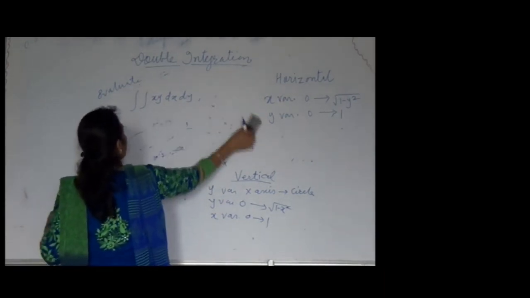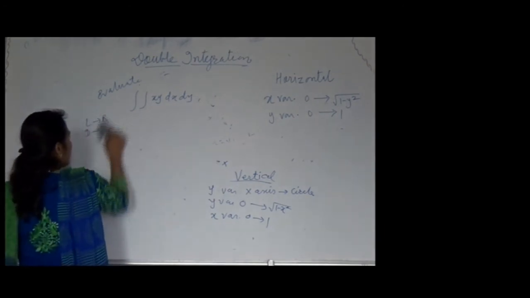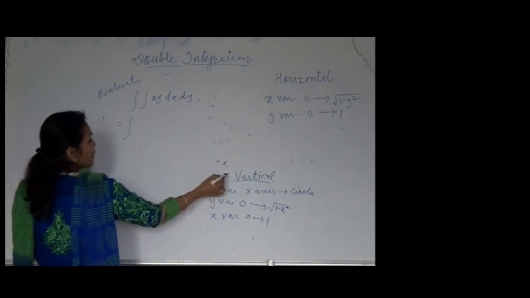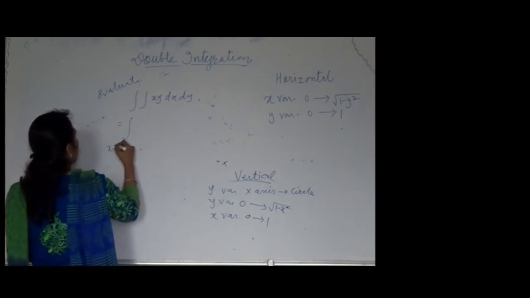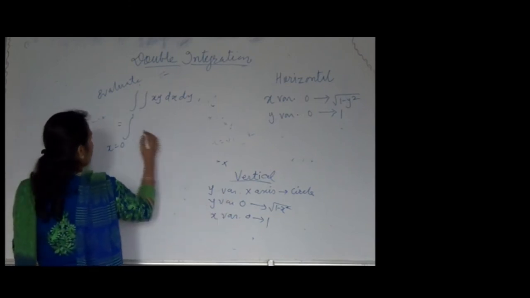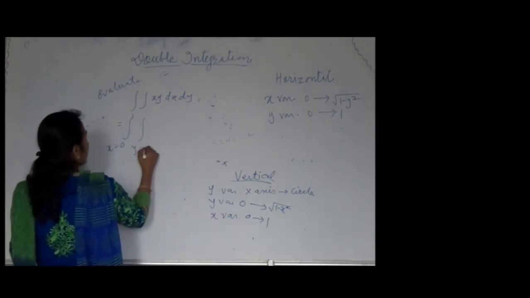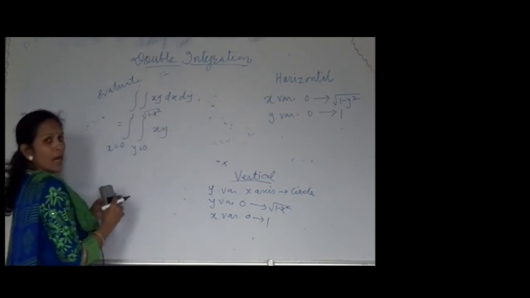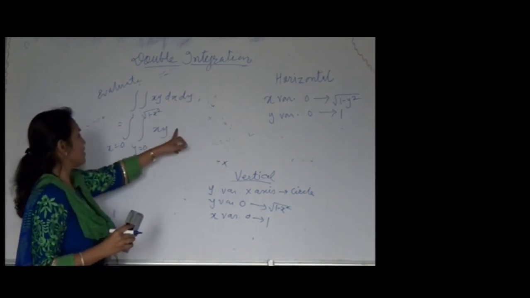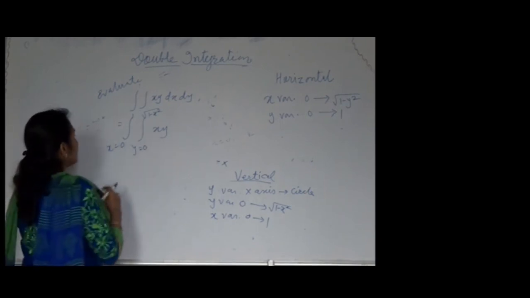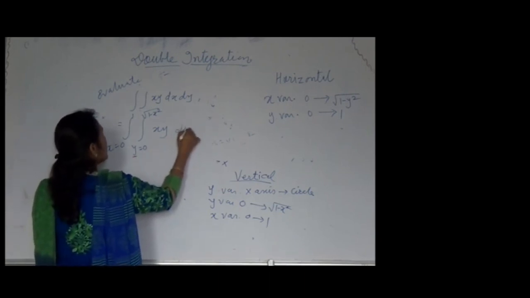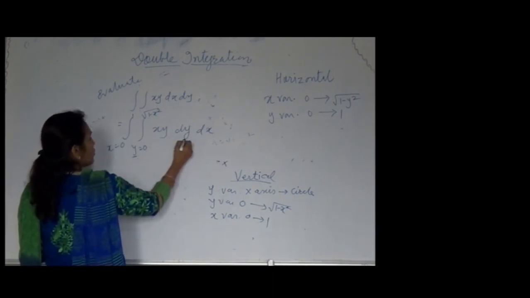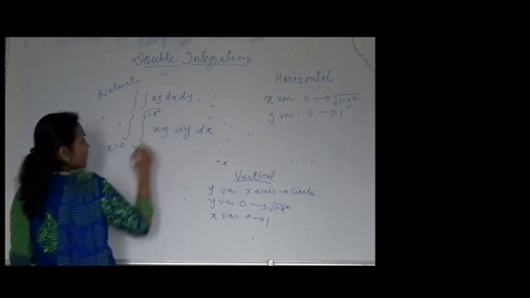integral. Now, this is my integral, I have to put these limits here. So I am going to rewrite the integral. For vertical limits, always the constant limits are outside, x is equal to 0 to 1, variable limits are inside, y is equal to 0 to 1 minus x square, xy function as it is, and according to this order you are going to write dx dy or dy dx. As the inside limits are related to y, my first integral is with respect to y and the other one is dx. So first integrate with respect to y, and after that integrate with respect to x.